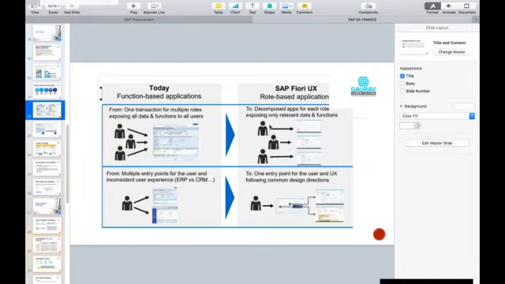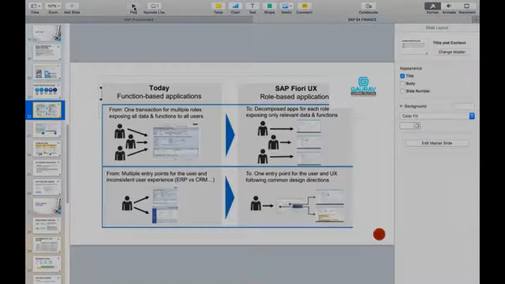And then this one I just now explained to you earlier. You have these 2 different systems, and you need to connect these 2 systems independently. Now with SAP Fiori, you can have 2 different systems which are connected via SAP Fiori in one single screen. Okay, so this is an example of coherent.